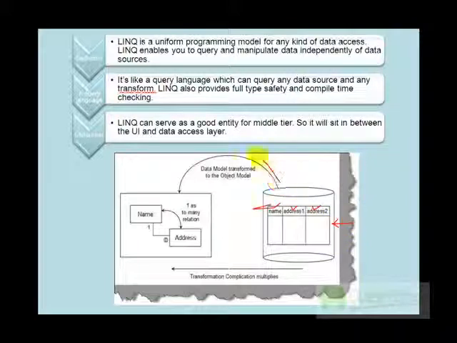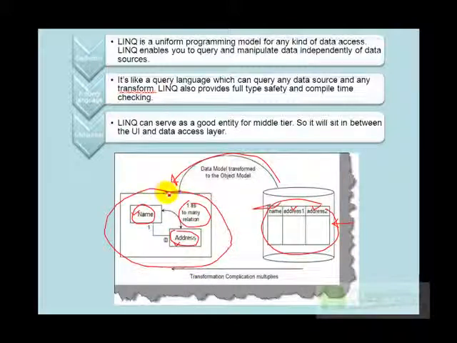But when this data is loaded into your application, you probably will be loading it as two objects with a one-to-many relationship. So in other words, you will probably have a name class and an address class aggregated. The address class is aggregated in the name class with a one-to-many relationship. So what's happening is that the way your physical data is lying and the way your actual object model is expressed in the application is different. So in other words, we need to do some kind of transformation.